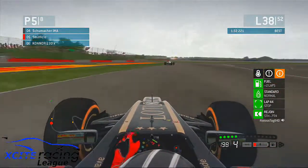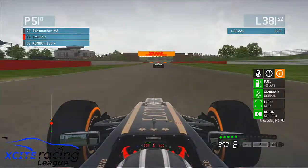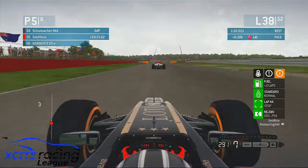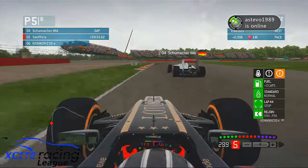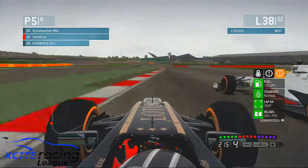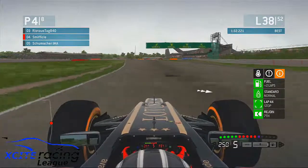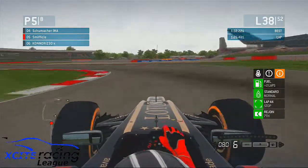And I don't know if his tyres have gone, Schumacher. But we've got a good run on him now into the Hanger Straight. And we go 4 wheels off the track, and we're ordered to let him pass, but he goes into the pits. So,